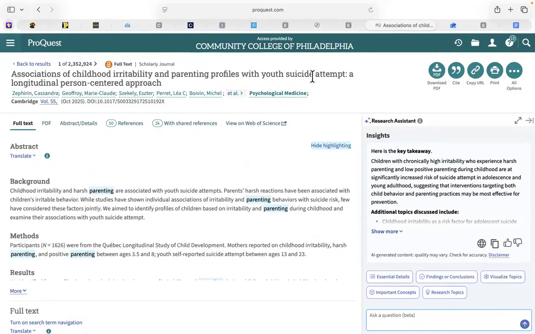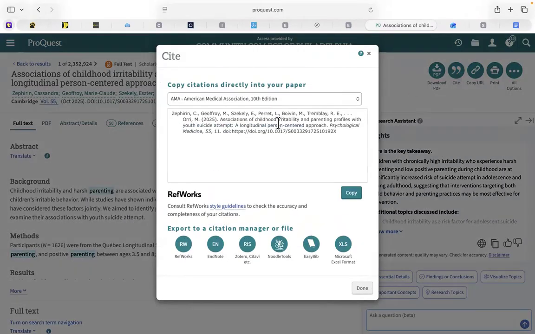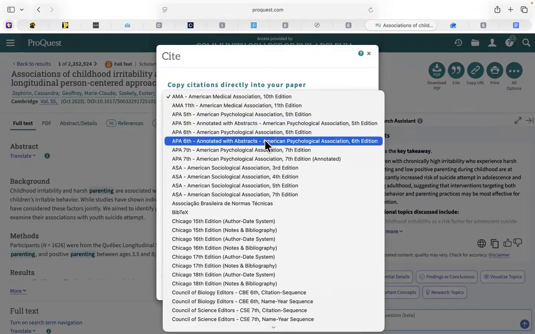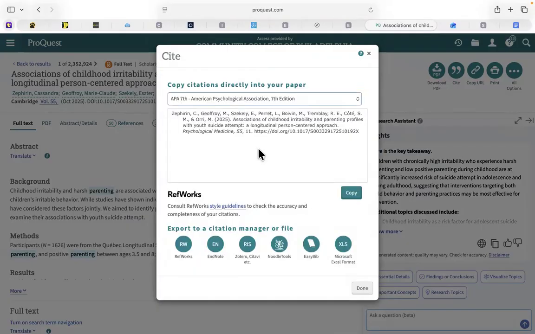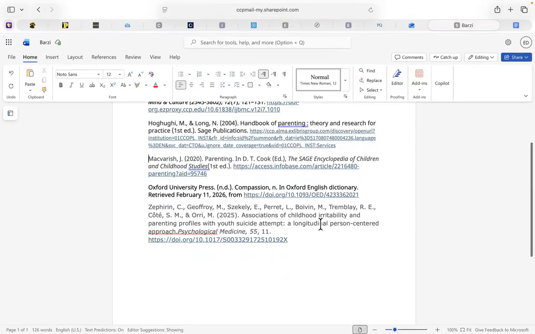And the last one from the databases I'm going to show is ProQuest. And you notice that it has a nice little cite thing right here for us. It's going to give me lots of options. I'm going to take APA 7th edition, not the annotated one, just the basic one. Copy that. I already pasted it over here